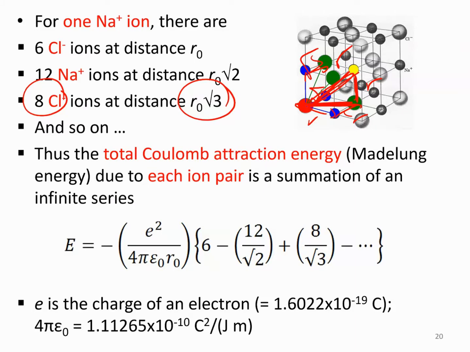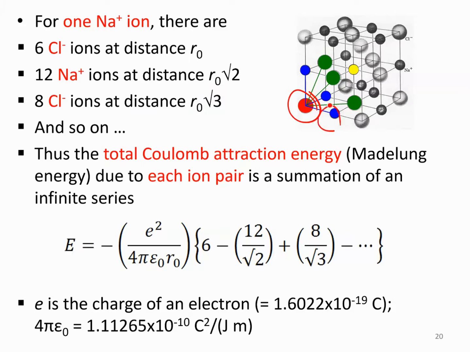To imagine the model, normally I would only ask you to go up to the third nearest neighbor. Of course I can ask you to find up to the 4th, 5th, 6th nearest neighbor, but because it's very hard for us to visualize, I will only ask you to get the first 3, and for the first 3 it's not that difficult. It's quite easy. So now we can conclude that, let's say if I take this as a sodium plus ion, then there will be 6